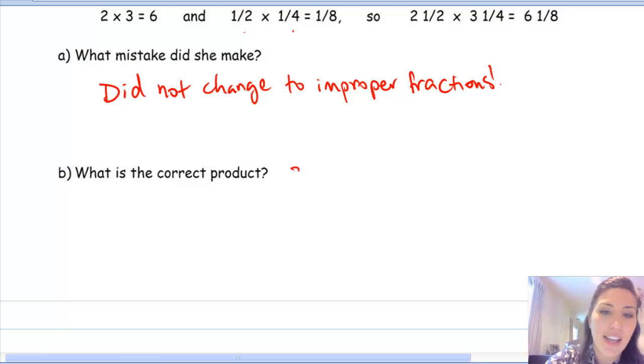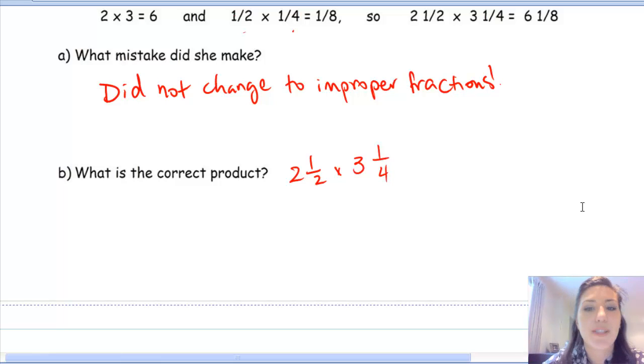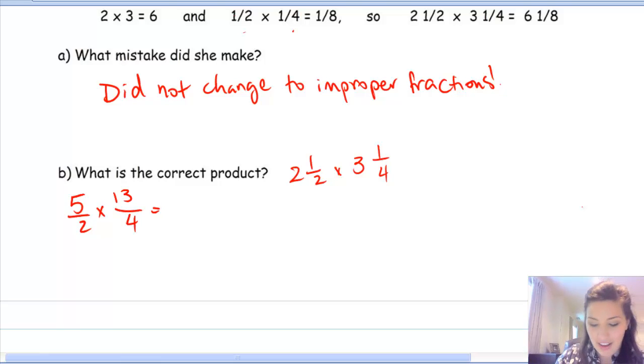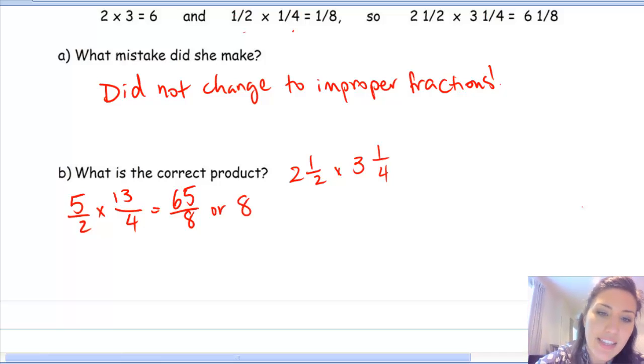So we have, again, 2.5 times 3 1/4. We can change this to improper fractions by saying 2 times 2 plus 1 is 5 over 2, times 3 times 4 is 12, plus 1 is 13 over 4. 5 times 13 is 65, and 4 times 2 is 8. Can we make this any smaller? No, we cannot. So we can express it as our improper fraction, or we can say 8 goes into 65 8 whole times plus 1 left over. Keep the same